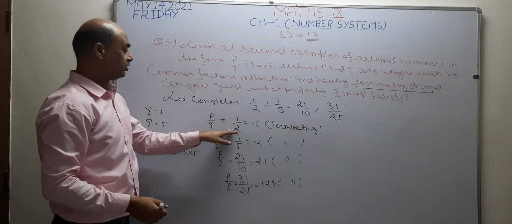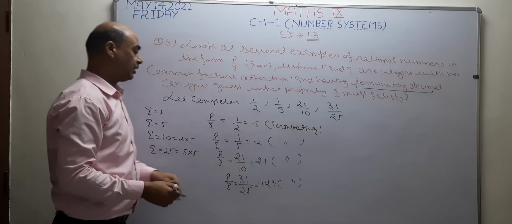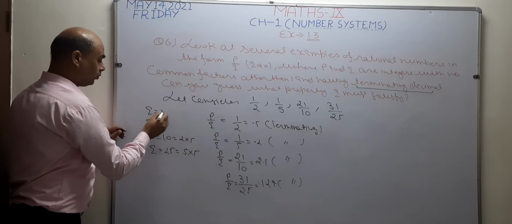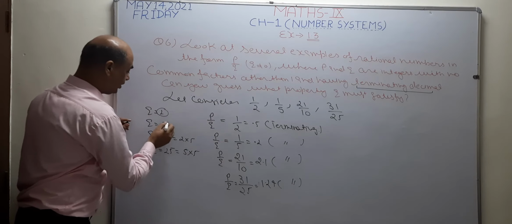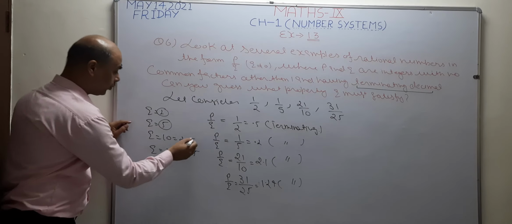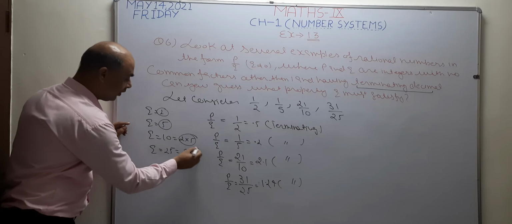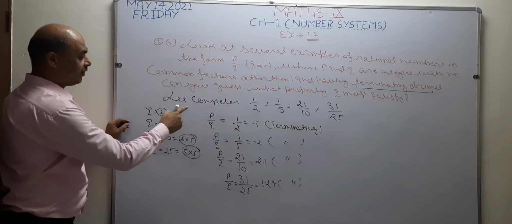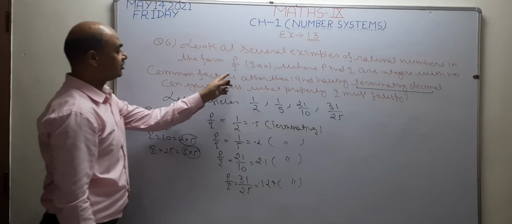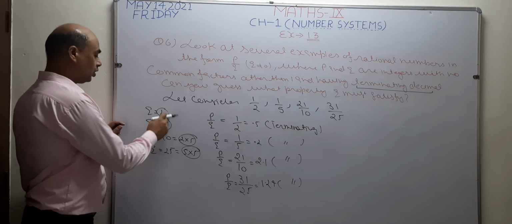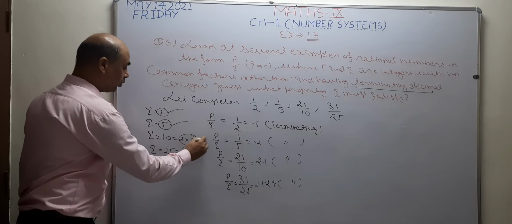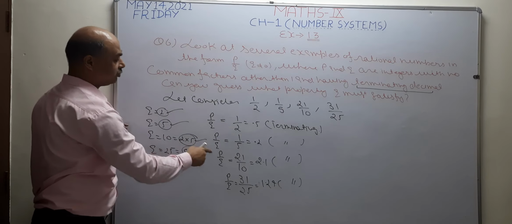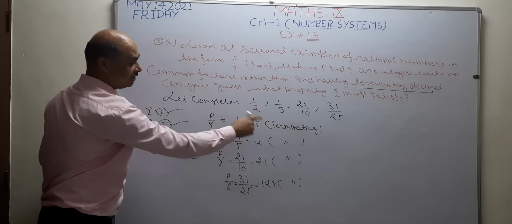When any rational number represents a terminating decimal expansion, then its q is in the form of 2, or in the form of 5, or both 2 and 5. It means the denominator q has only the factors 2 or 5, either 2 or 5, or both, when the given rational number represents a terminating decimal expansion.